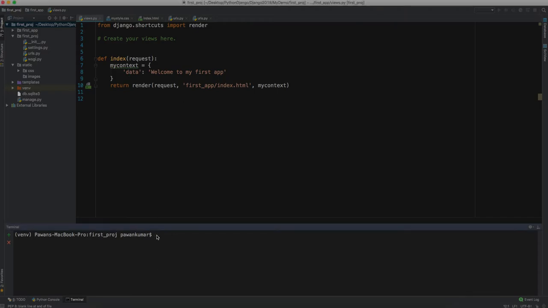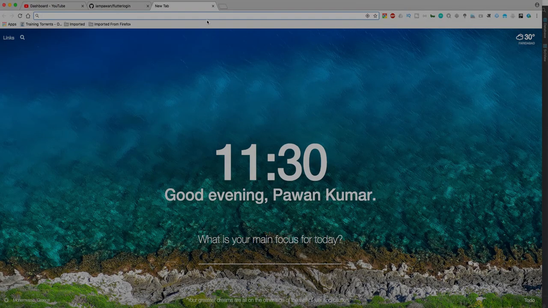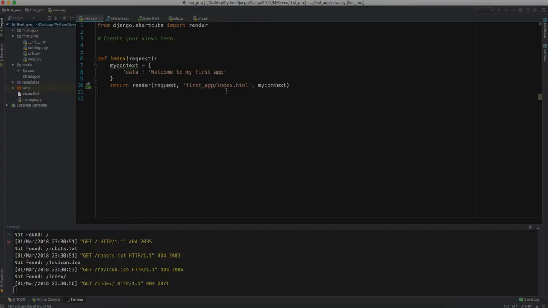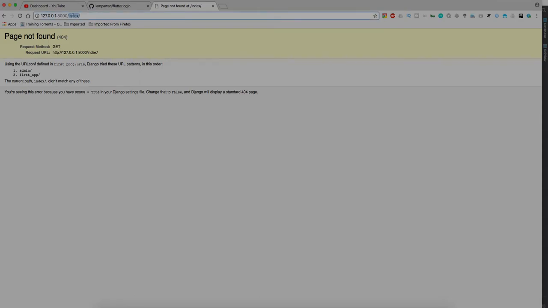So let's run our server again and see what we have done till now. I am doing python manage.py runserver, and it should start my server. So my server is started. Now let's copy and paste this code into my URL and it should work. So here I have to go to index, and there is nothing at index. So let's see what the URL was. It was first tab, so we will go to first tab,